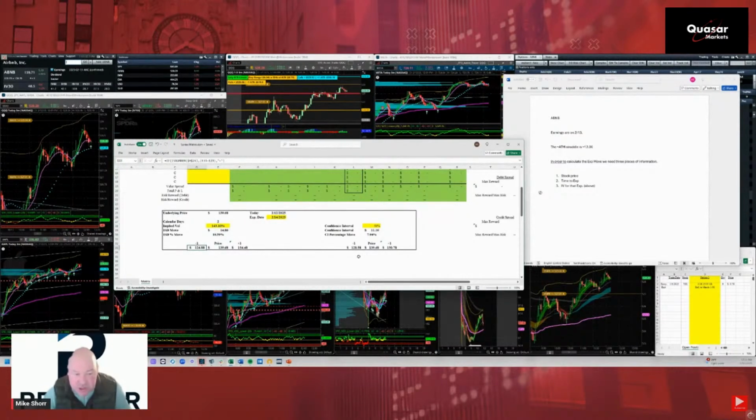Full standard deviation move, a low of about 125, a high of about 155. If we go to a 50% confidence interval, that's a tighter interval, only about 8% as opposed to 10.5%. So that puts us at like 128.5 to the downside, 150 3/4 to the upside.